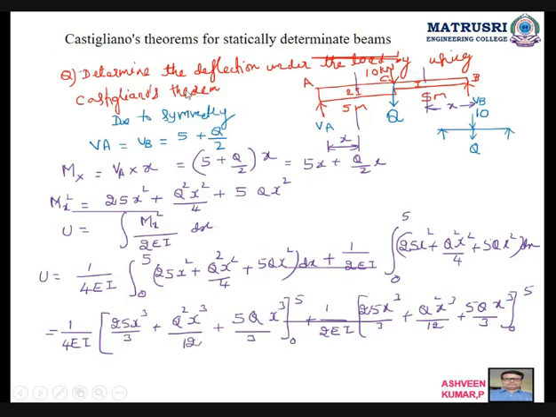Okay. So he has given the figure like this. He is asking to find out the deflection under the loading. So wherever the loading, while asking using Castigliano's theorem, you want to apply a dummy load Q. I applied a dummy load. Due to symmetry, VA and VB will become half of this one, that is 10, plus Q by 2. So if I write Mx, VA into x, 5 plus Q by 2 into x, so 5x plus Q by 2 x.